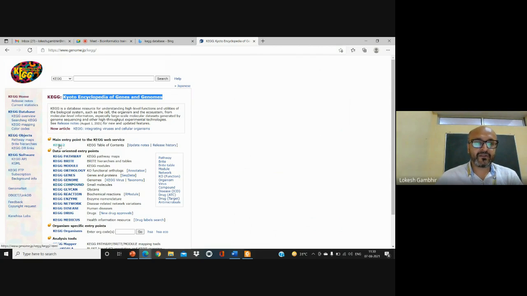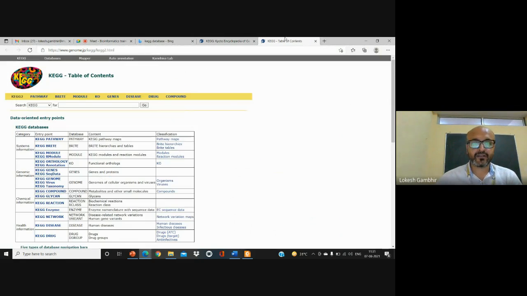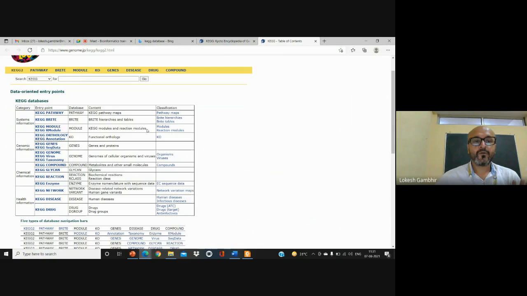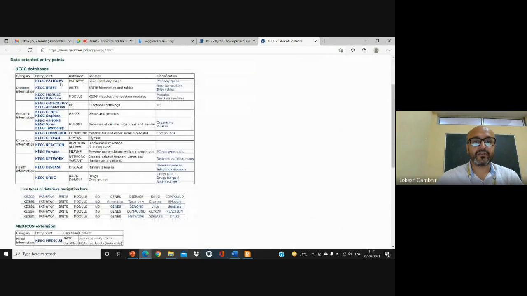So let us begin with the first aspect, that is KEGG2, which gives you a table of contents, what is there in every module. Like in pathway, you will be studying different pathways, right? And it will provide you the pathway map. In Brite, you will be studying the hierarchies, how these hierarchies are being called upon.